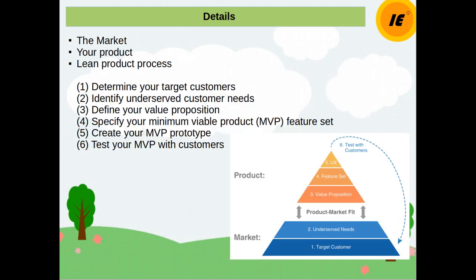Now again here I will be repeating myself, but in a more detailed way I'll try to explain the concepts. First, a very basic thing: what do we mean by market? Given the pyramid's hierarchy, let's start with the bottom section, which is the market. A market consists of all the existing potential customers that share a particular customer need or set of related needs.